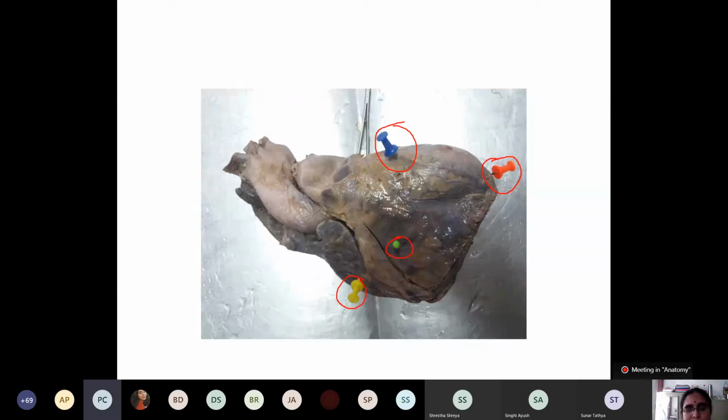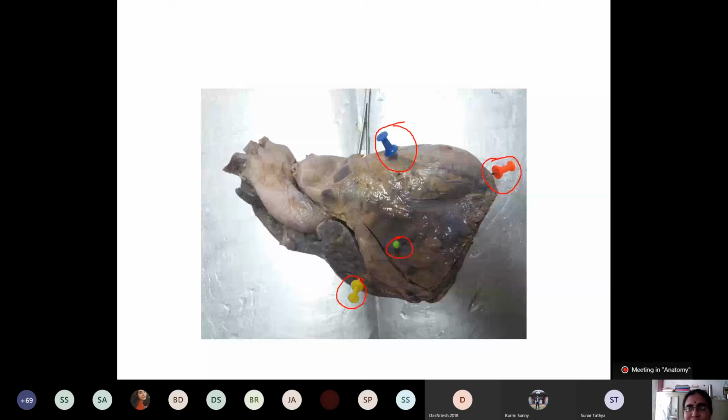Okay, what is this blue pinned area? Anterior interventricular groove. Yes. But which one is this? Anterior. Yes, yes. Then the second question is content. Okay. And in the red pinned area, apex of the heart. What is the surface projection in adult and neonate? What is the clinical importance? So I have mentioned it in brief in the previous slide. Okay. So these are the questions, and what is this light green pinned area?